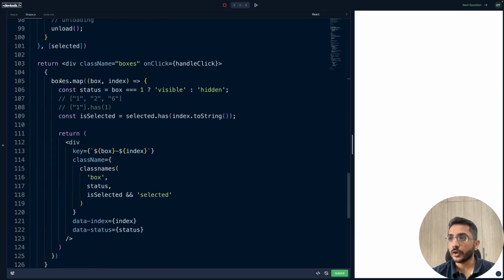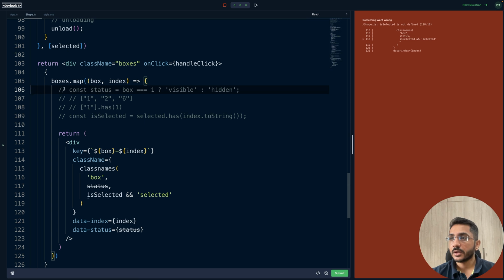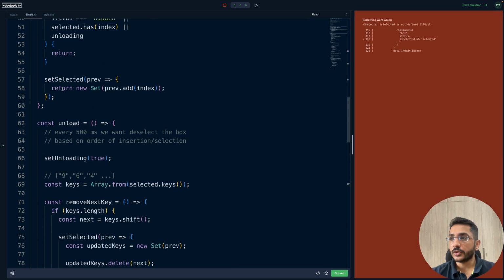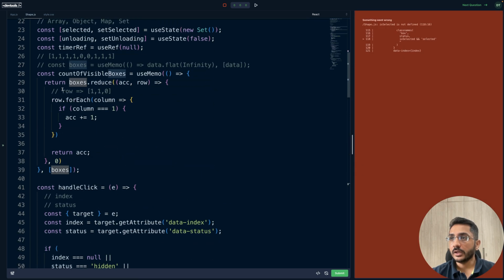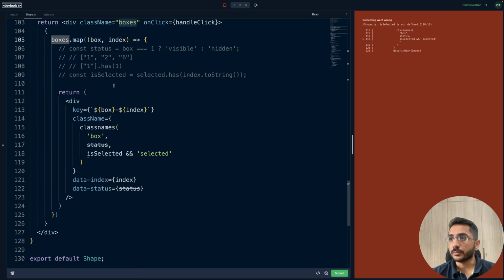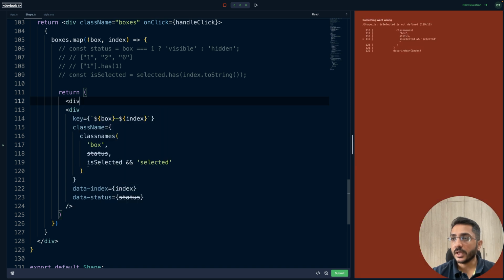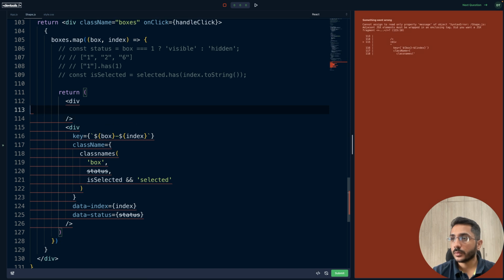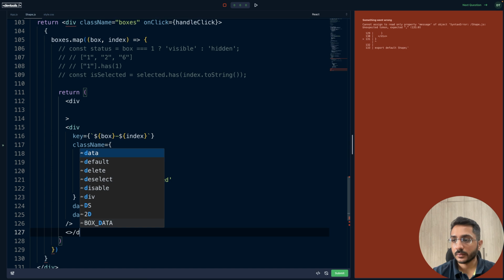Now let's come back to the rendering part. Here we are iterating over the boxes, and we are saying that if it's visible we'll do something, if the box is 1 then visible, else something else. So let's change this a bit. Now our boxes is basically a 2D array. We need to render each row and column. So what we are going to do here is say this would be a row, each row, or let's move this inside,